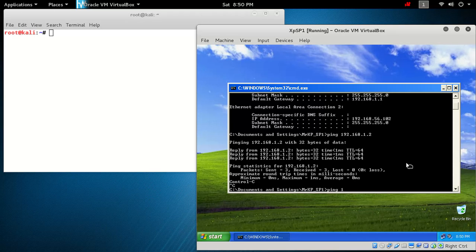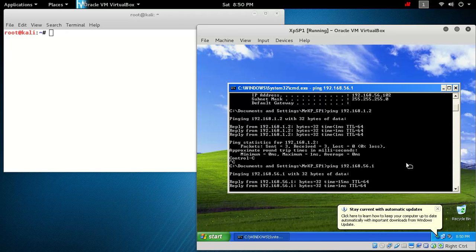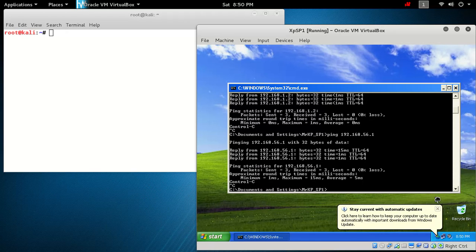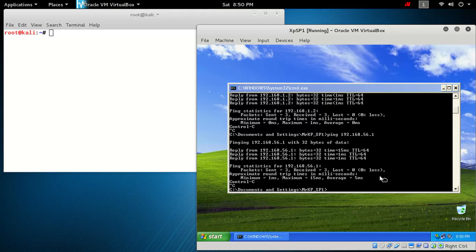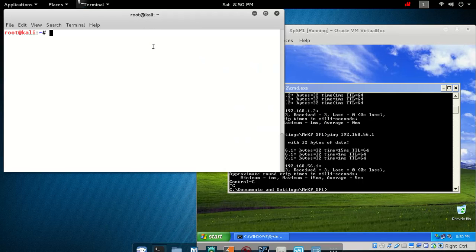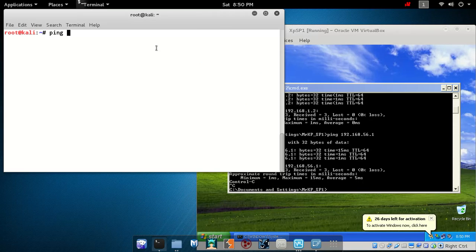Now check on the second interface, vbox.net. It is also working correctly. So we can say from here the Kali is connected, the XP is connected with both the interfaces, but here we are not getting any